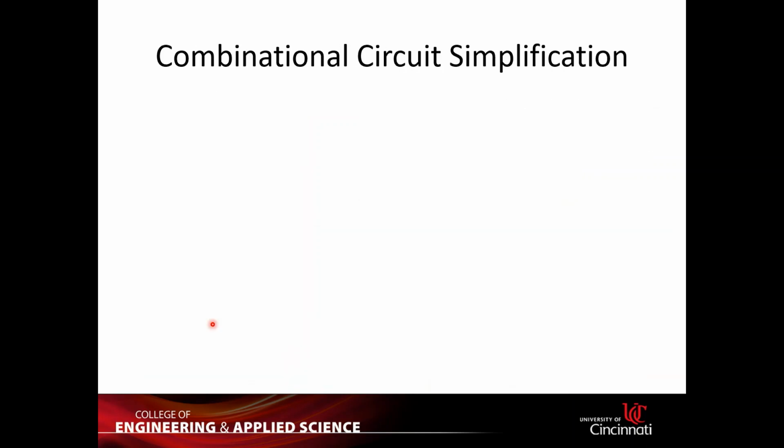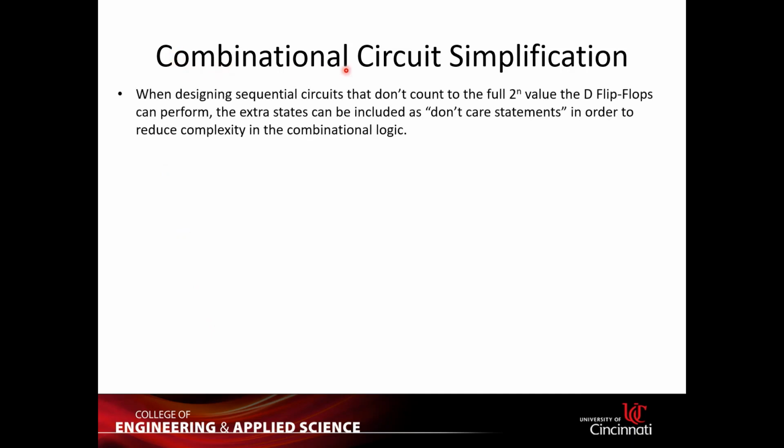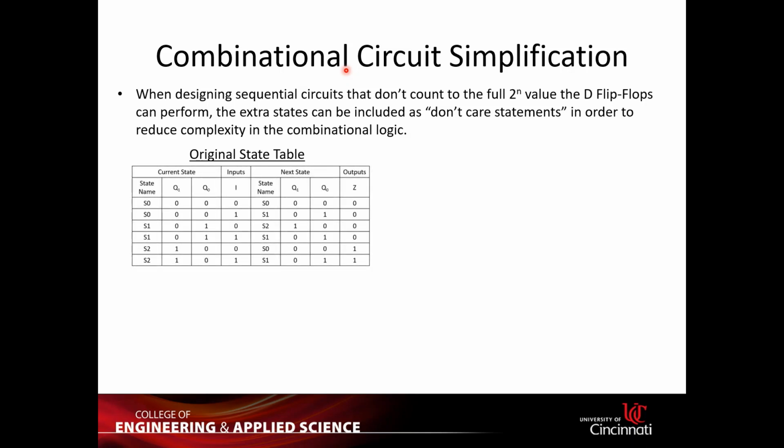Okay, we have a couple of slides left. Combinational circuit simplification. This is quite easy, but we have done all of this using a K-map so far. You can try to minimize your equation, so you can make your circuit more simplified. You can use a state table like this, but remember, sometimes you don't use all of the states that you need. Sometimes, let's say you use 2 D flip-flops, you only have 3 states. So the extra state right here,